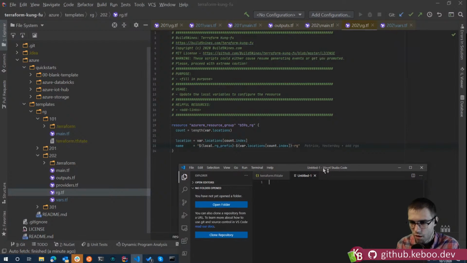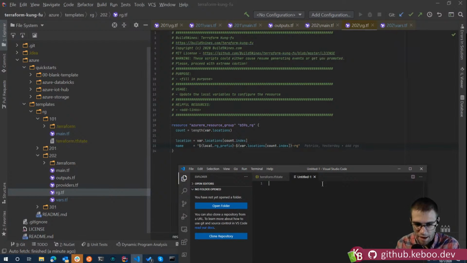And so what you end up having then is as you're going through that for loop, you're going to want to access your current index to say, hey, where am I in my list of locations that I'm walking through? So whenever you set the count attribute on your resource, you then have access to count.index to then go and effectively index back into your source list to say, hey, I want to pull out locations at index, you'll get 0, 1, 2, 3 in this case, right? To pull out that appropriate location as I'm iterating over all of these resource groups.